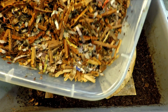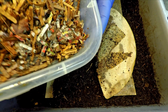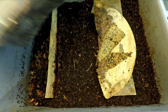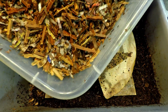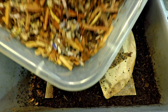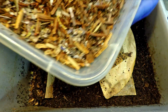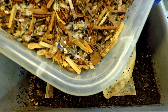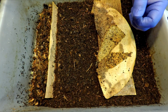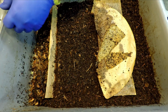So this right here is something I introduced kind of informally in my video yesterday. It's kind of the same stuff, it's just shredded cardboard and paper. But in here there's also leaves combined, there's moisture added, there's a little bit of grit sprinkled in, if I remember correctly, and then the magic ingredient is some finished castings in here, sort of helping this damp concoction of different bedding type materials to become really hospitable and cozy for worms to occupy and nibble away at,